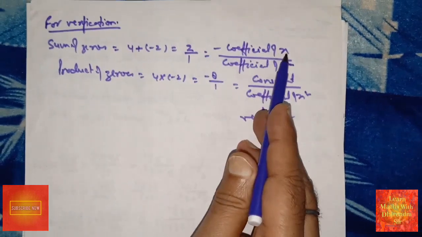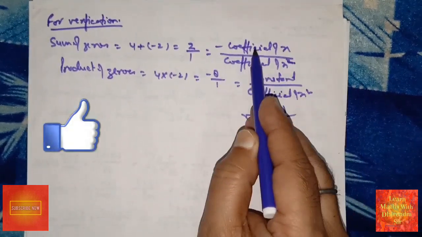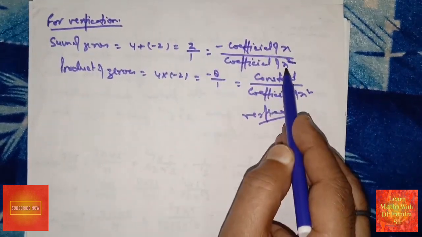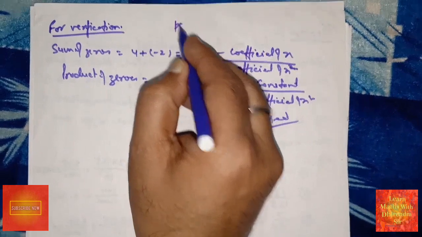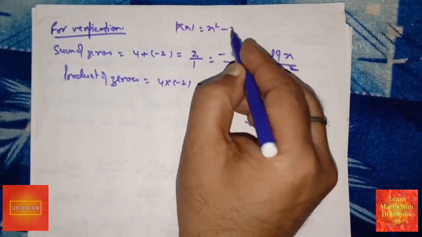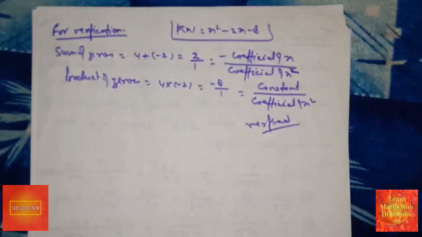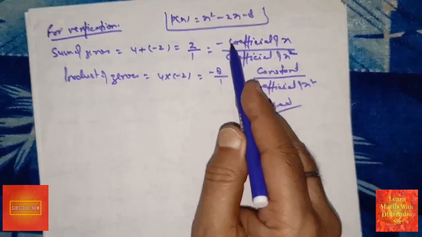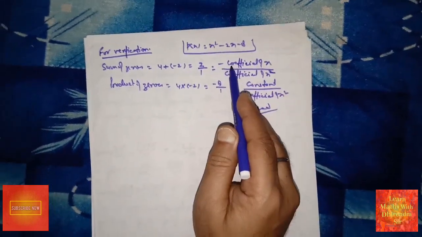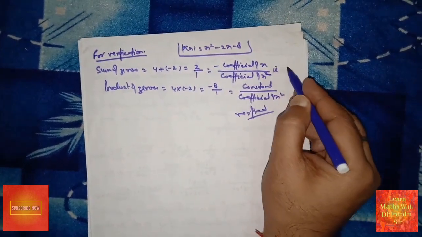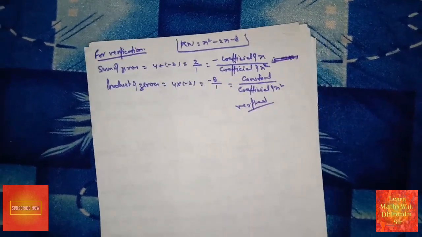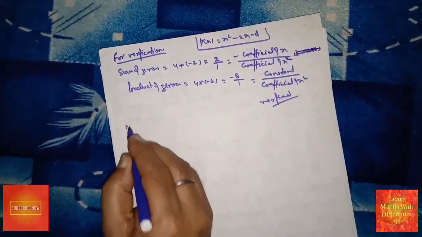Sum of the zeros is minus coefficient of x. In the place of coefficient of x, that is minus 2. Here is minus plus, then you got 2. Coefficient of x square, that is 1. Why? Because you know p(x) equal to x square minus 2x minus 8. That is the polynomial from that base. Is it clear? What is the coefficient of x? That is minus 2. In the place of coefficient of x, you can use minus 2 like this. That is minus 2 into minus, that is plus. No need to write here. Okay.